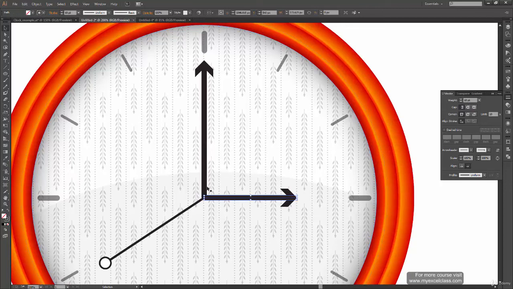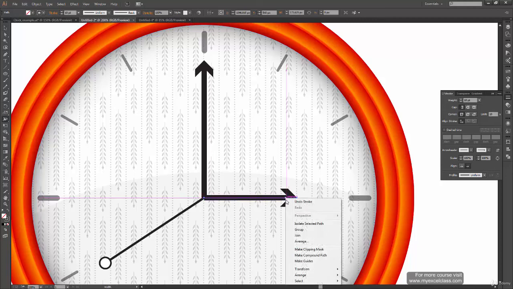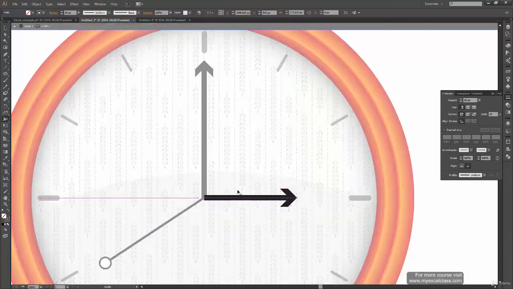Now we can go to our width tool by pressing Shift W on our keyboard, and you can right click on one of these arrows or paths and go to isolate selected path so that we are inside this path and we don't make changes accidentally to other paths also. And having the width tool selected, we can go to the end of this arrow or the path and increase its width a bit. Just click and drag to increase the width, and even more, I think.